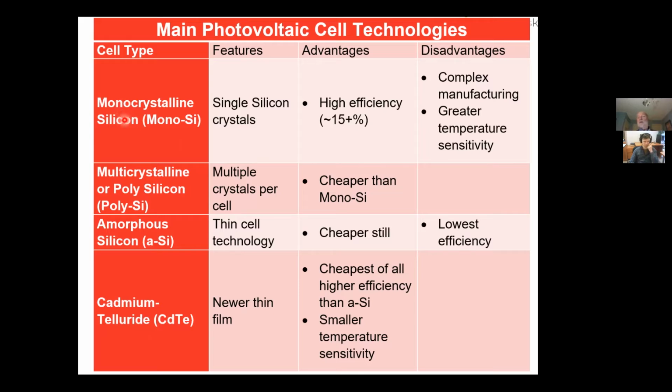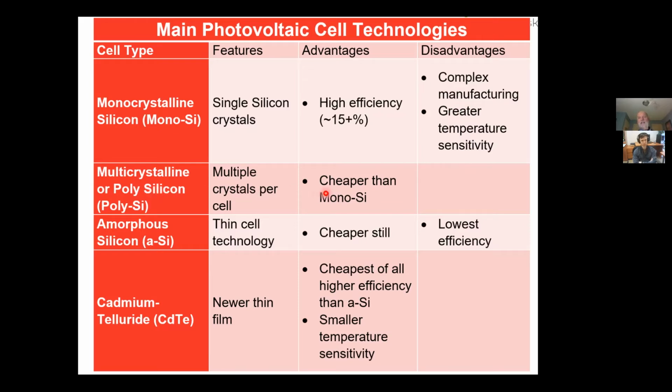That cell would be made out of a single crystal of silicon. It has the highest efficiency of commercial PV technologies, but relatively speaking, more complex manufacturing and a greater temperature sensitivity, which basically means that its decrease in efficiency as the temperature increases is greater than the other technologies that you see here. Multicrystalline or